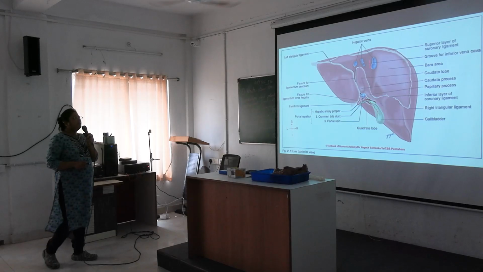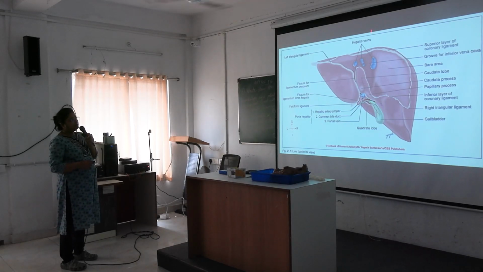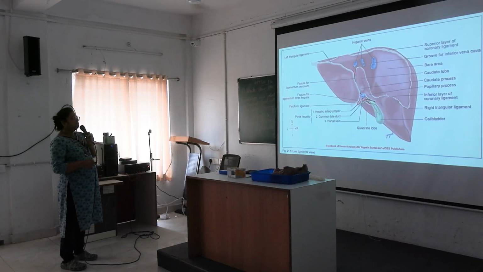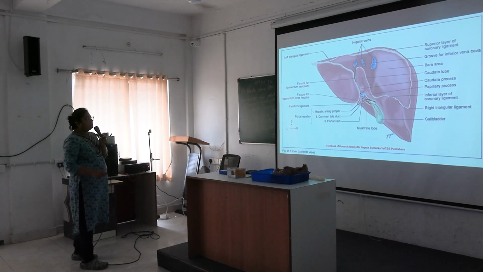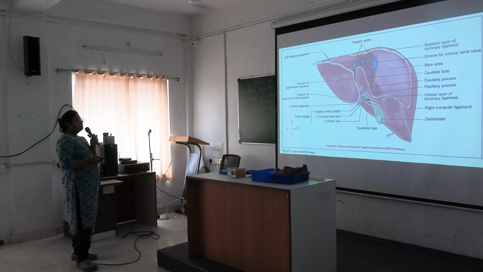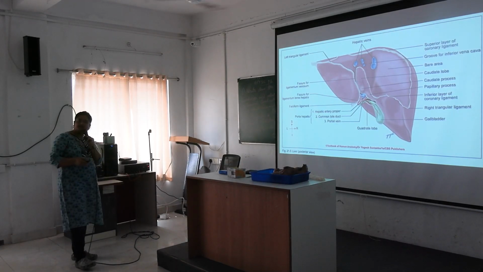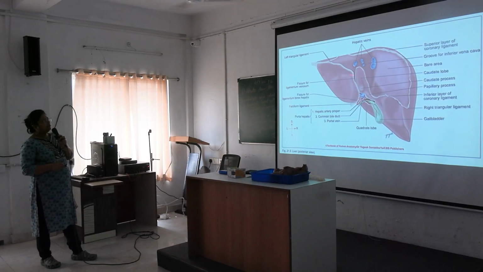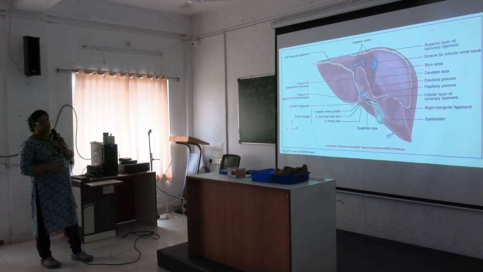Okay. And next, left to it is the groove for inferior vena cava. Then this lobe is the caudate lobe of the liver. Next, here will be the esophageal impression. Now, next there will be the fissure for ligamentum venosum, and most left will be the esophageal impression in this area. And here is another peritoneal reflection known as left triangular ligament.